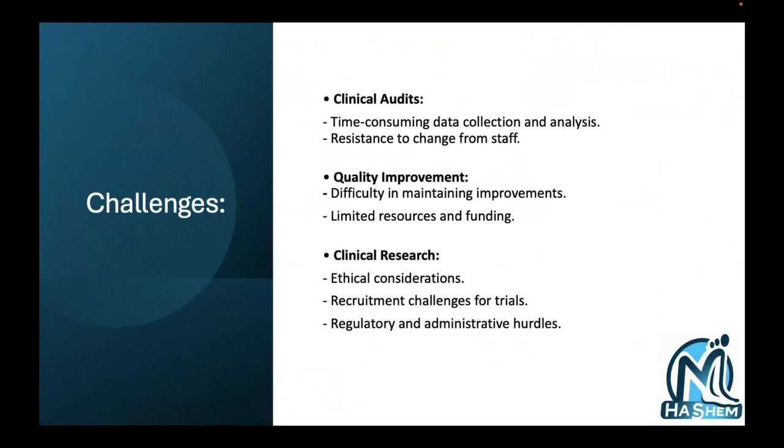The challenge for quality improvement is difficult in maintaining the improvement, because I check now my practice, I found some areas of weakness, I improve them now, then I disappear. If I don't follow my improvement, at some point it will go back to the weak point again. So you have to keep doing it. And definitely you have limited resources, limited timing, and limited funding for that. Clinical research, the main problem is approval